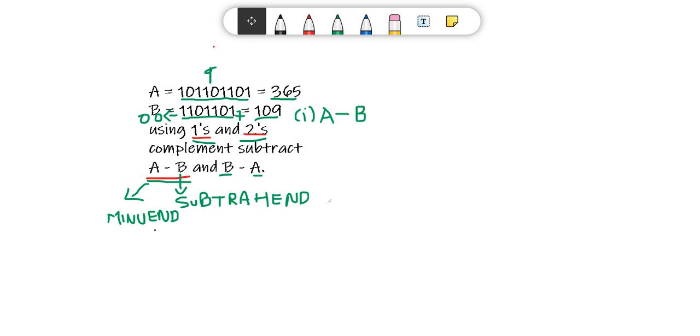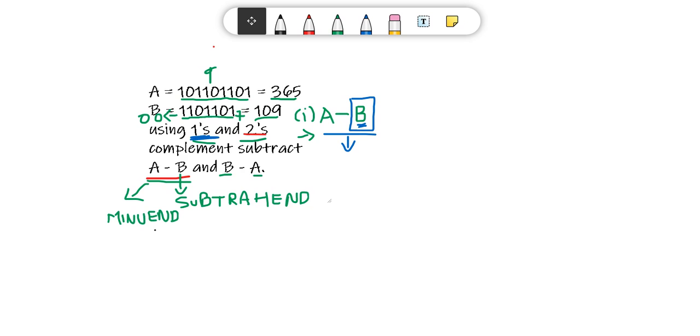So what is it? 1, 1, 1, 0, 1, 1, 0, 1, right? This is just the normal number. And when I convert this to ones complement, what will it become? 0, 0, 1, 0, 0, 1, 0.